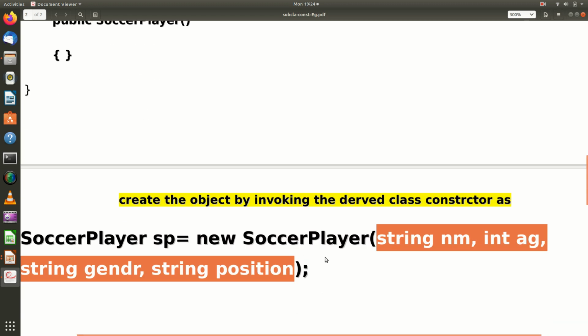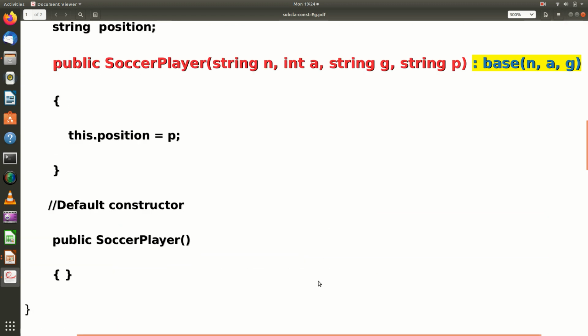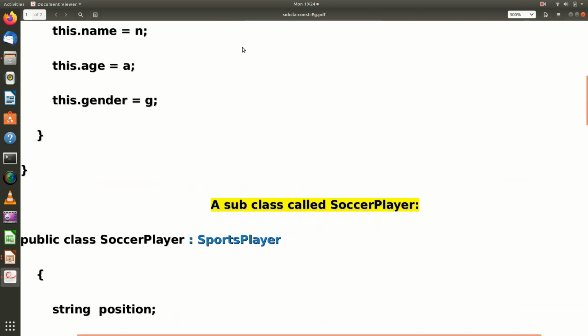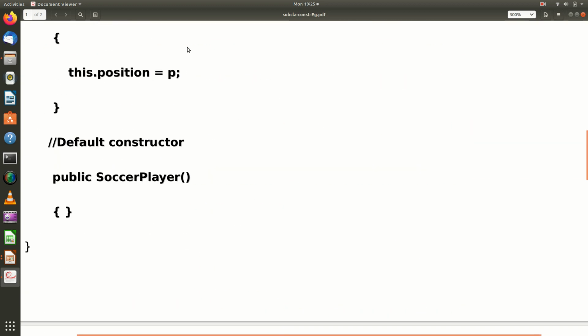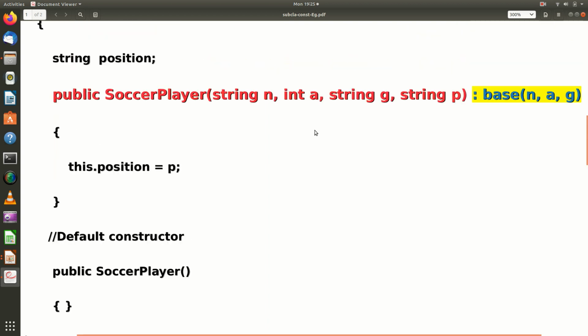And when I invoke this constructor, what will it do? It will indirectly go and invoke the subclass constructor. Whenever a base class constructor is invoked, first the base class constructor will be invoked. Only then will it process the subclass constructor. So what happens?